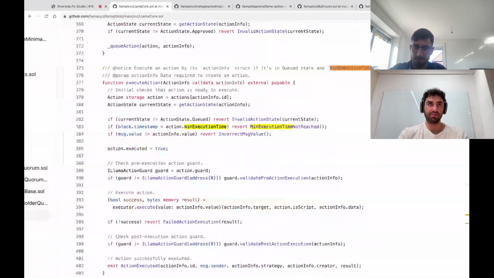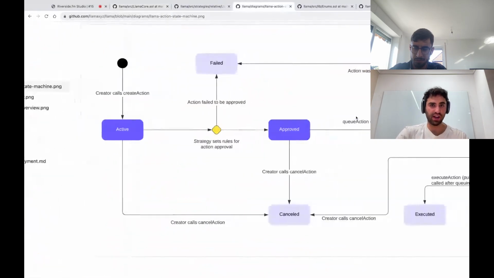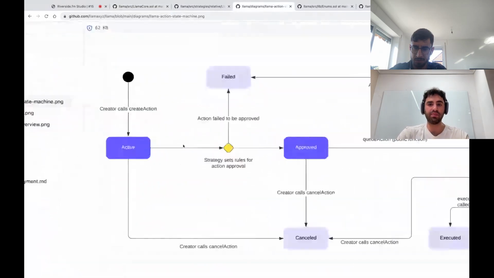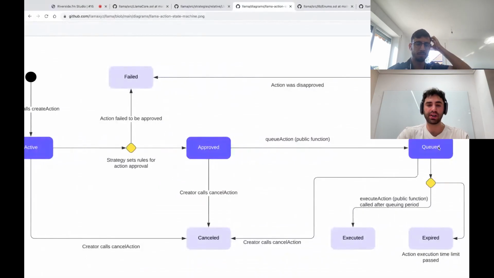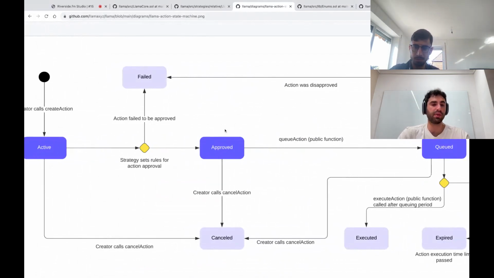The reason it's not necessarily known at action creation time is because if you think of these approval periods and disapproval periods, so active to approved is the approval period, queued to executed is the disapproval period. They could potentially be a variable length, specifically the approval period. So you can have a fixed length approval period, so maybe it's fixed to 7 days, or you can have a non-fixed length approval period.